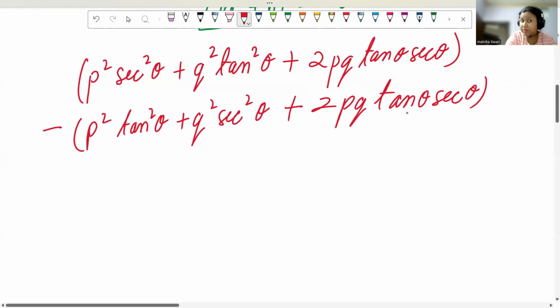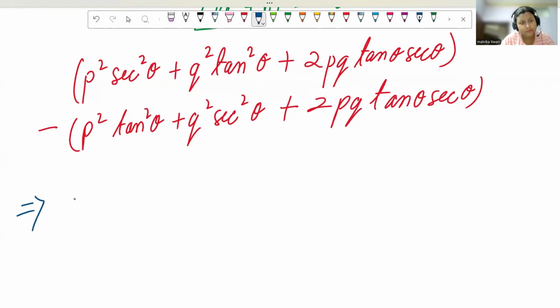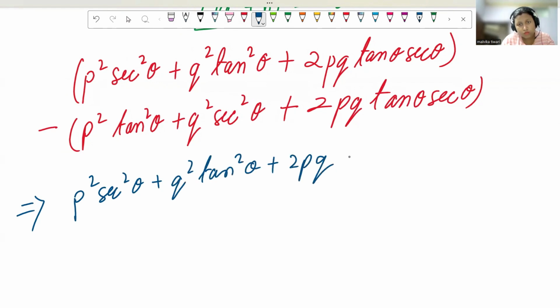Now once you open up the brackets, basically these two terms are being subtracted. Okay, so what you will get is p square sec square theta plus q square tan square theta plus 2pq